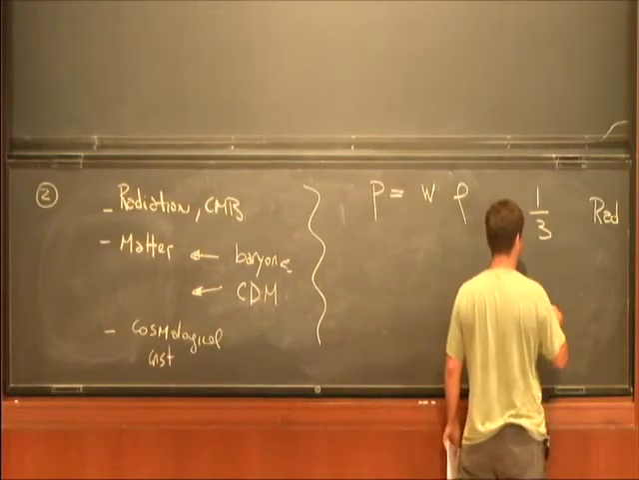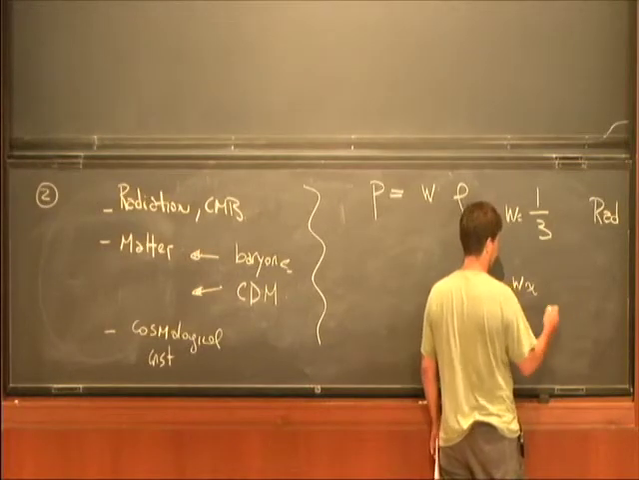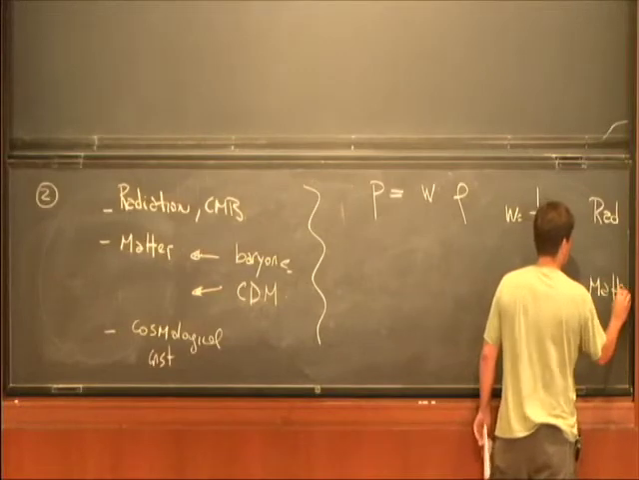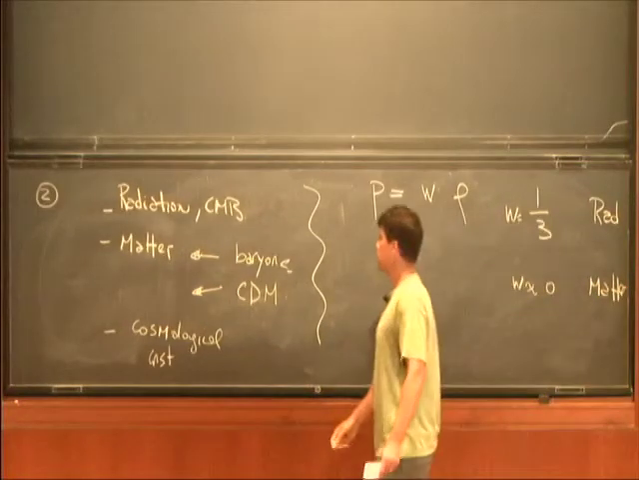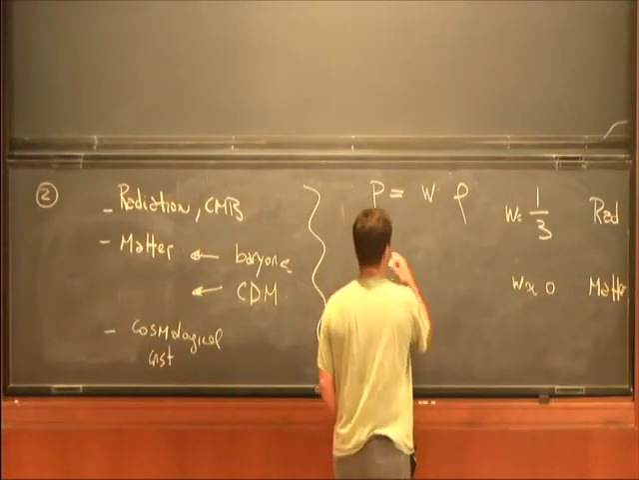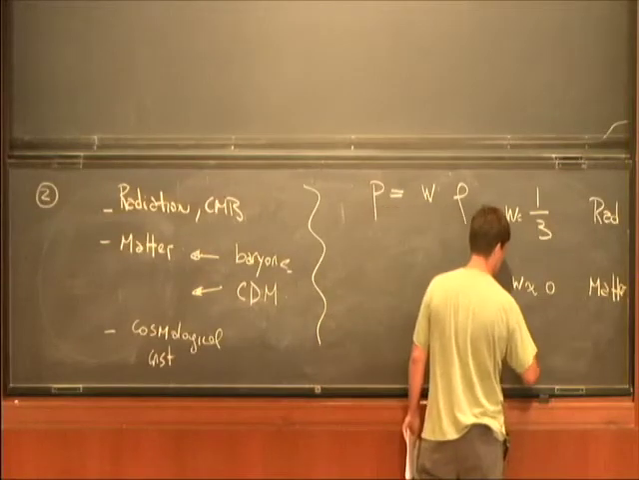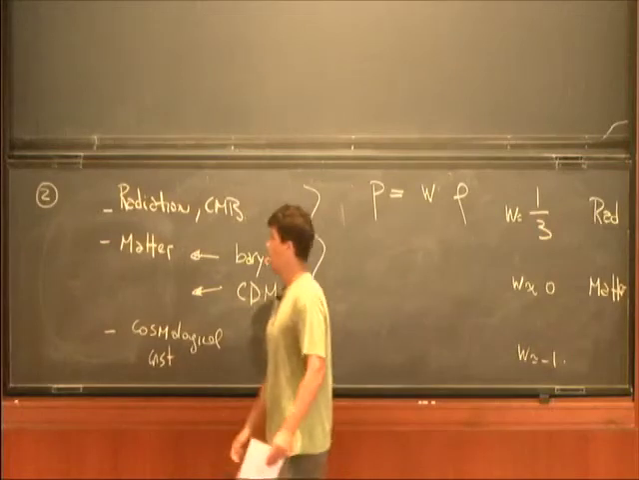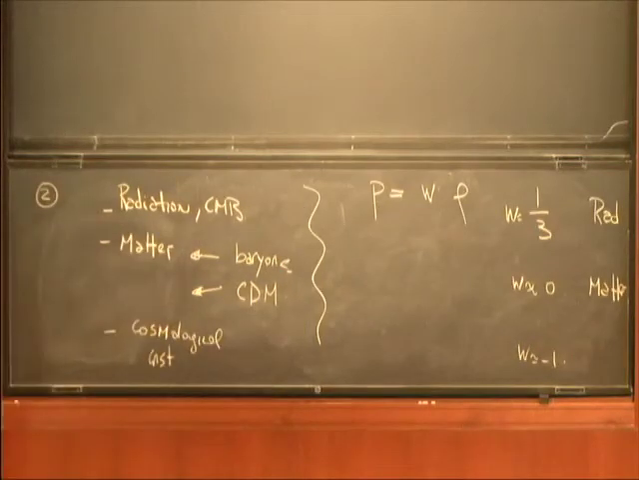It's given by kT over the typical mass of the particles for some gas in thermal equilibrium. So for matter, you can take this to be very close to 0, and in the case of the cosmological constant, the pressure is minus the energy density, so w is very close to -1. So if you use just energy conservation for these different